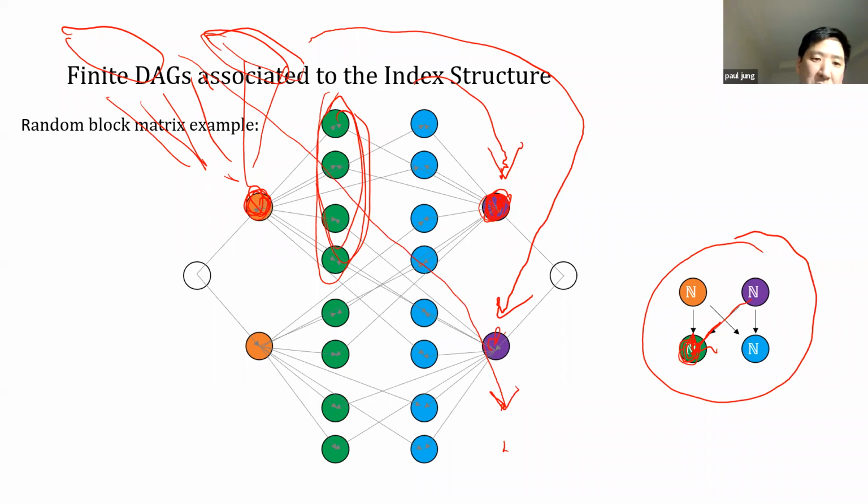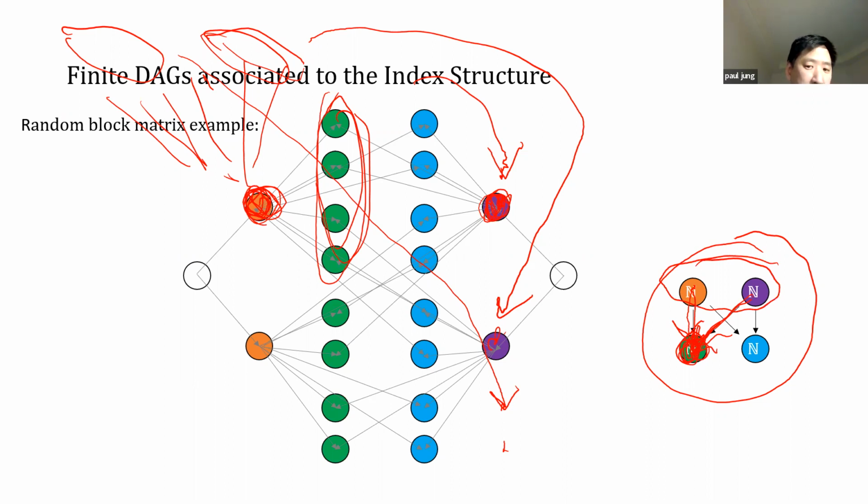So in some sense, all the greens that are emanating from a single orange should be indexed by n squared, because the greens are really being subjugated not only to the orange, but also to the purple. So this family is being indexed by n squared, all of its ancestors in this finite DAG. And the same thing goes for the blue copy of n there. With this finite DAG, this is the sort of exchangeability that I had described before in the block model.